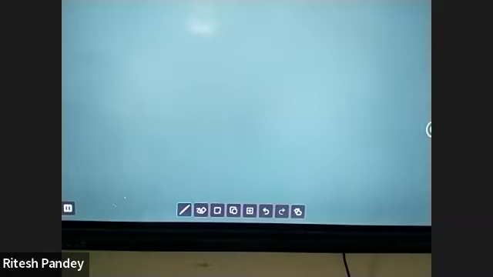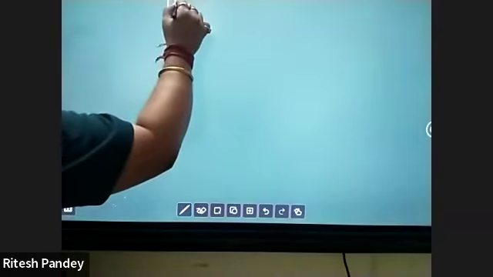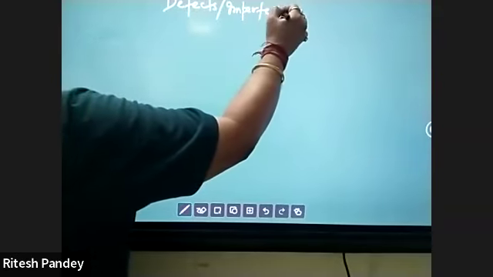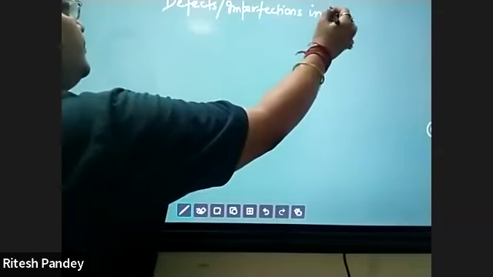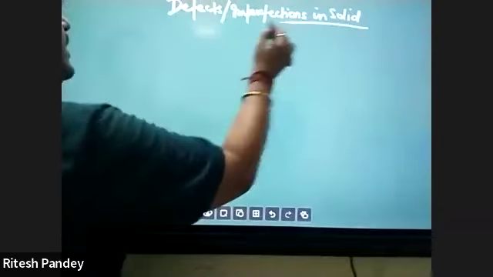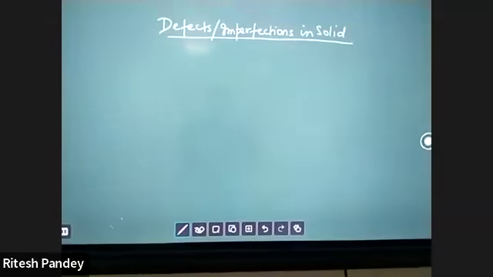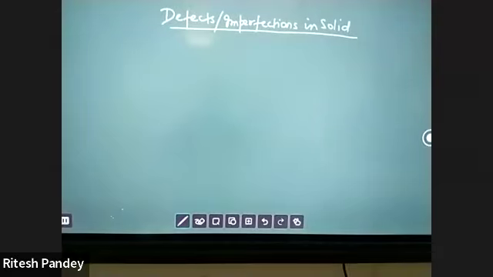So we'll take up this small little segment in solid state. You'll want to give a heading like defects or imperfections in solids. And right away, when it comes to the defects and imperfections in solids, before we go into any of the imperfections,